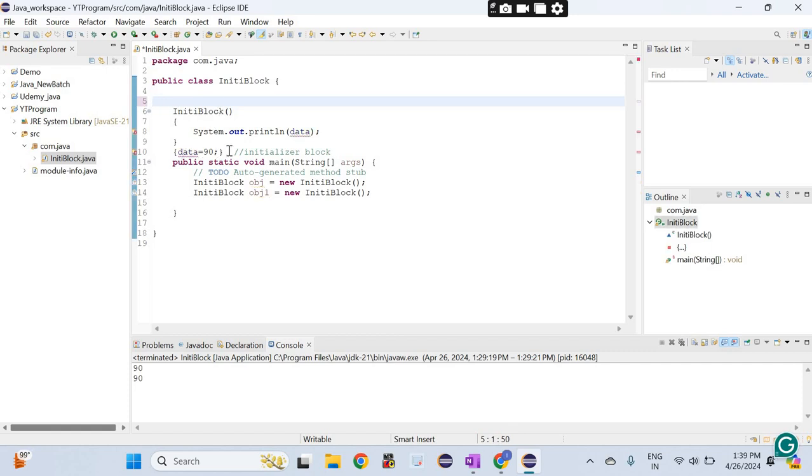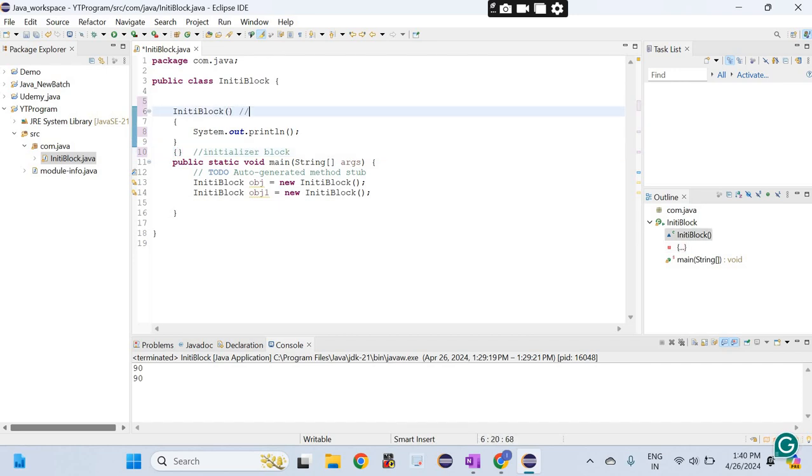I'm not using this data variable. First, here I have written the instance initializer block, and this is the constructor. Here I am going to write one message, hello constructor.